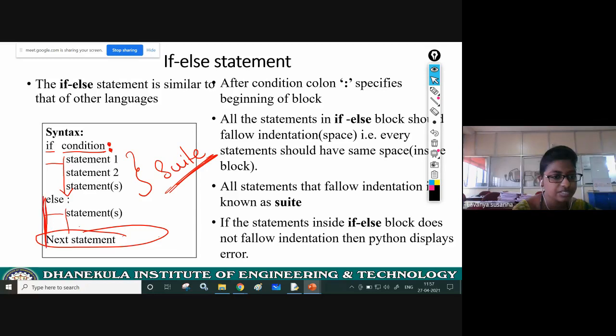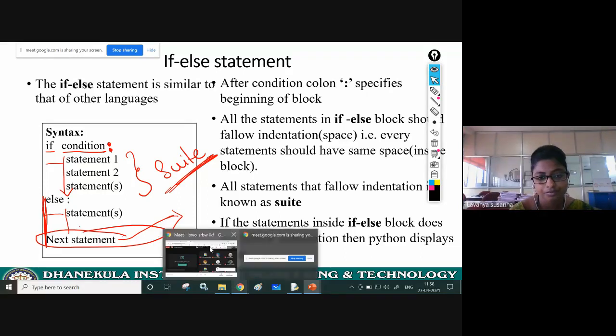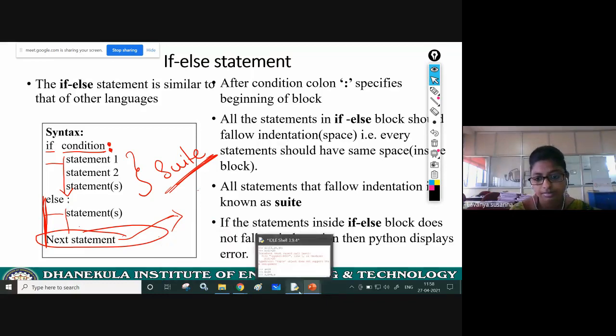There is no indentation, so this next statement is not an else block statement, not in the else suite. If you are not giving space, this statement does not belong to the else suite. If you give space, then the next statement also belongs to the else suite. Now let us see.